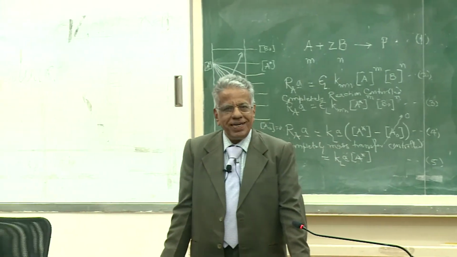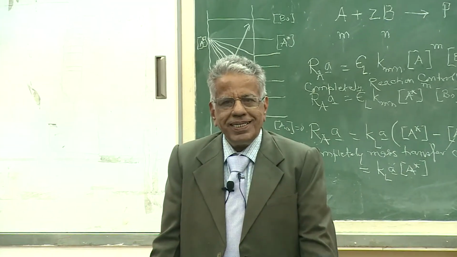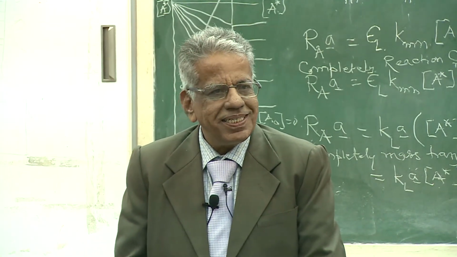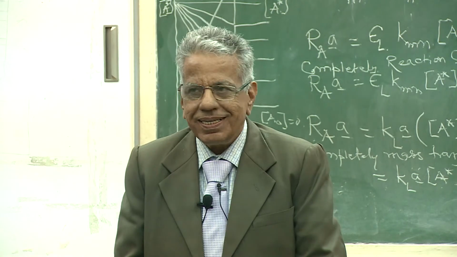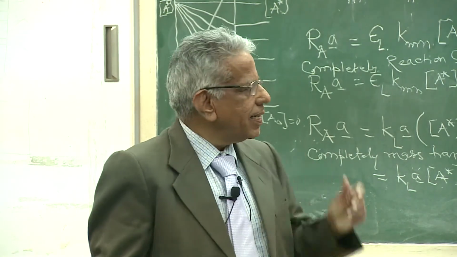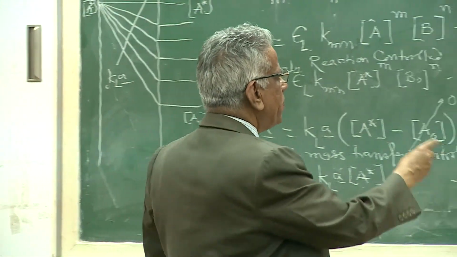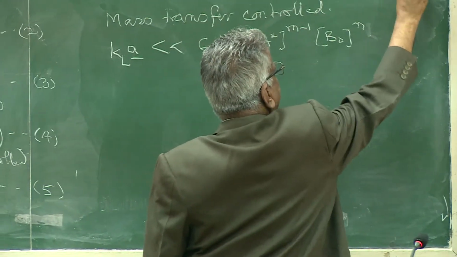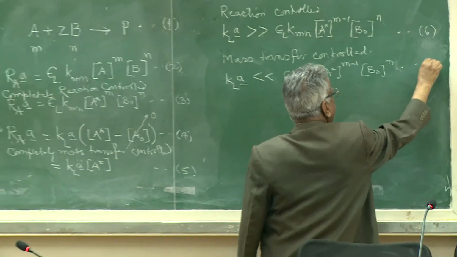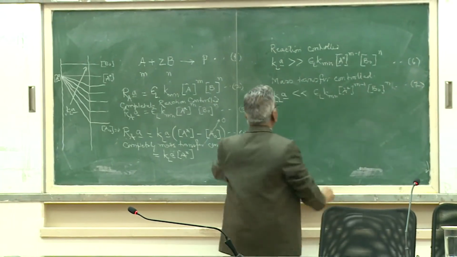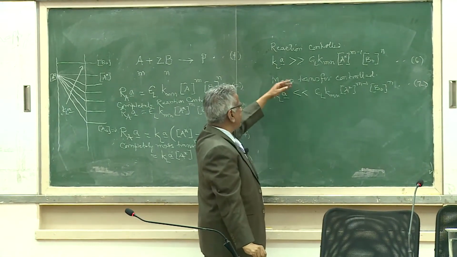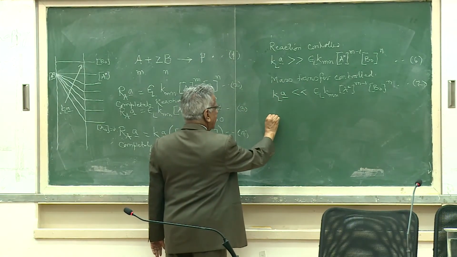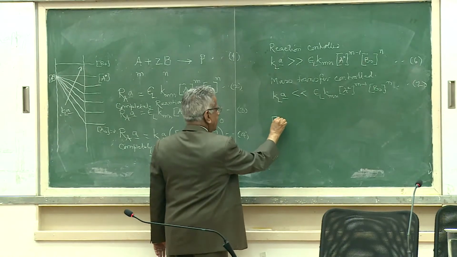There is a possibility that both the conditions are not satisfied. So, some resistance is provided by mass transfer, some is provided by chemical reaction. So, suppose I combine both the equations, let me give these as number 6 and number 7, and this is not satisfied, this is not satisfied, or both are comparable, then I can always write A star